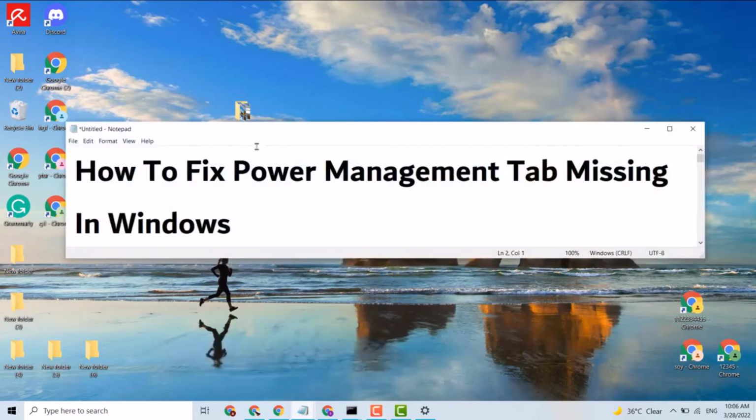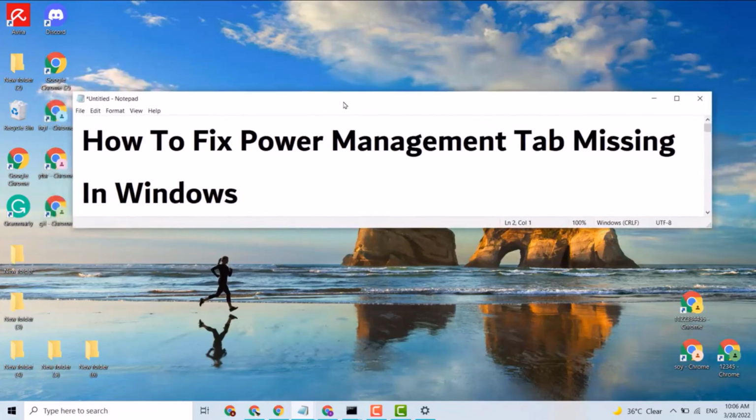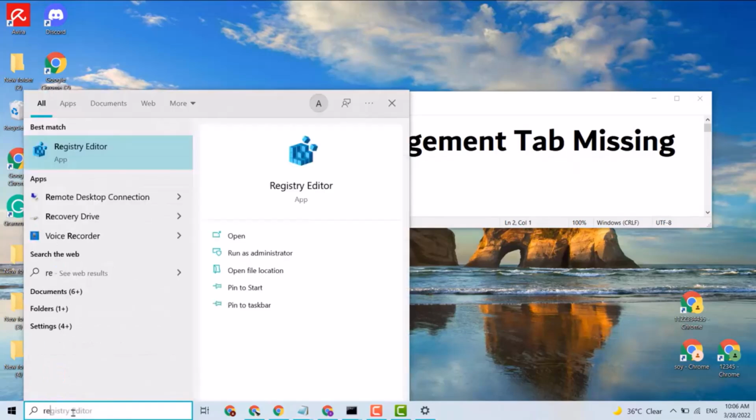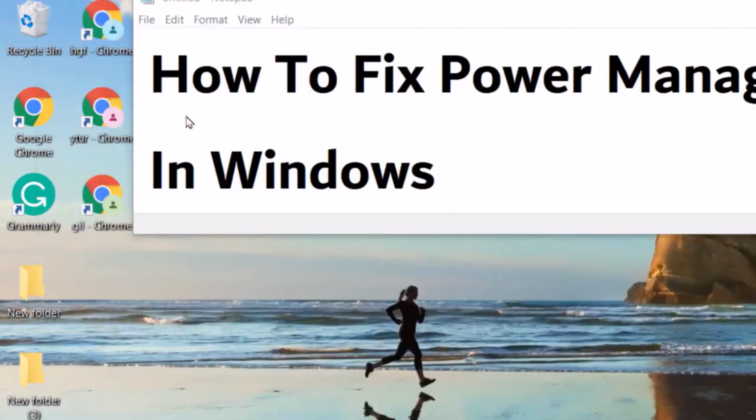Hello guys, today in this video I'm going to show you how to fix power management tab missing in Windows 10 and 11. So guys, very easy. First, go to Start, type here REGEDIT, open Registry Editor,